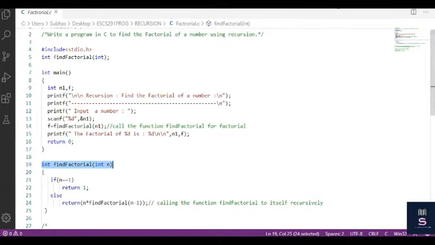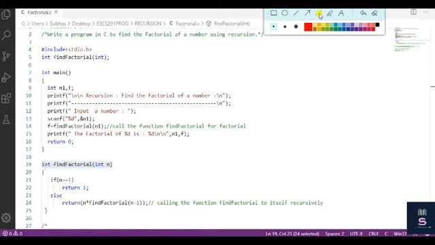For example, if I pass 5, what will happen? First it will check if n equal to 1. No, so this is actually my base condition or termination condition. Else return n into find factorial of n minus 1.